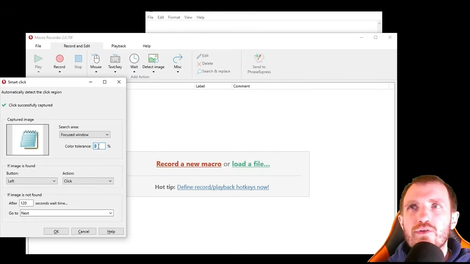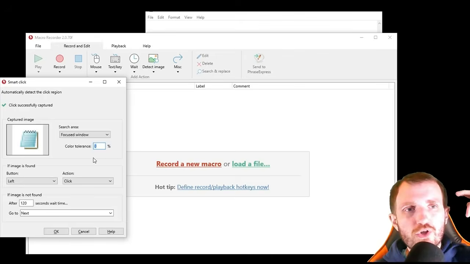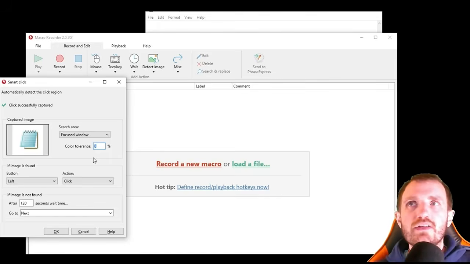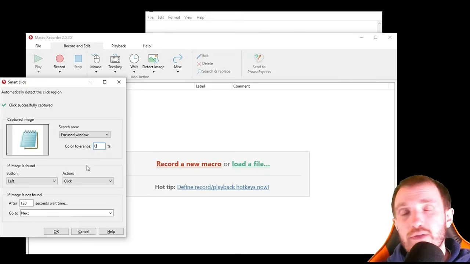This is really going to be used more in video games where maybe the sun is moving across the game. So this item's blue, but based on where the sun is, it depends how dark of a blue it is. So you might have to add some color tolerance to really get what you need and have a little bit more flexibility. But I only really ever see that being used in video games, which I know a lot of you